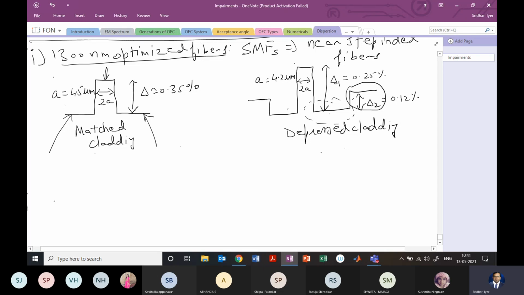So more detail is there in the book, but these are the most important details which are required in terms of matched cladding and depressed cladding. Okay. Now,